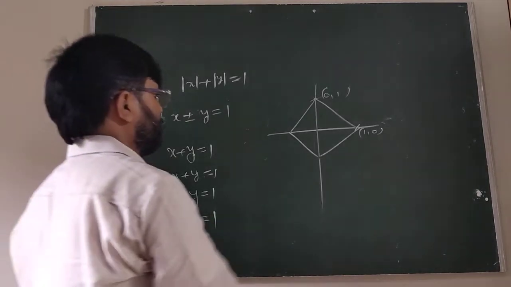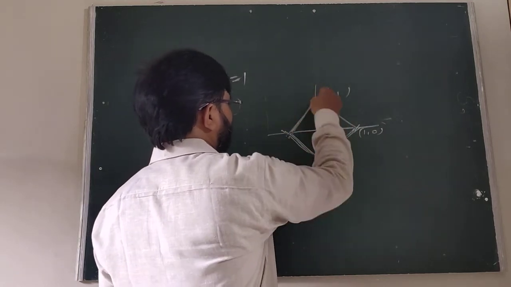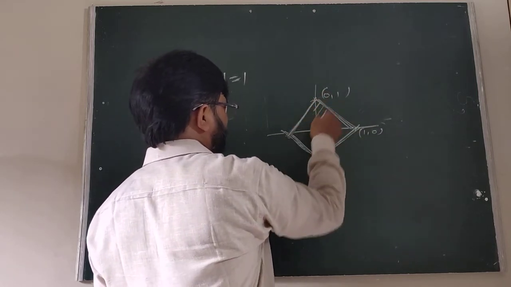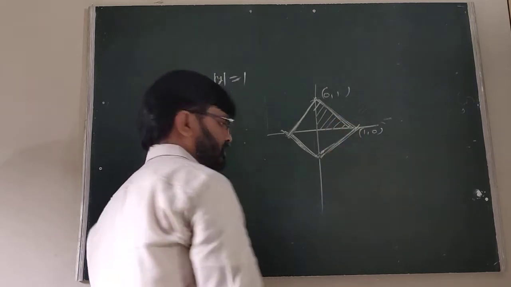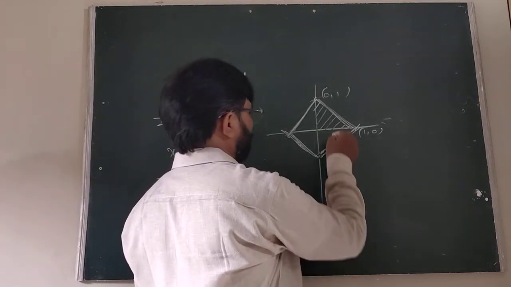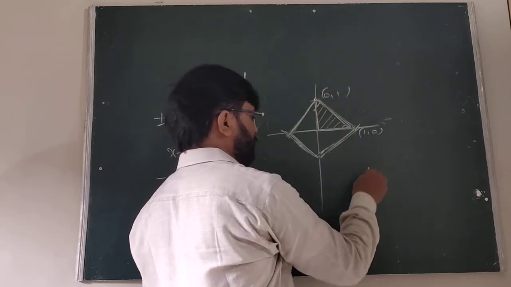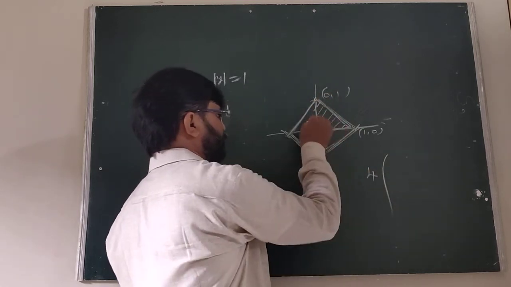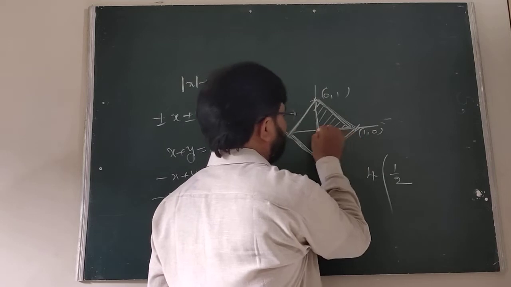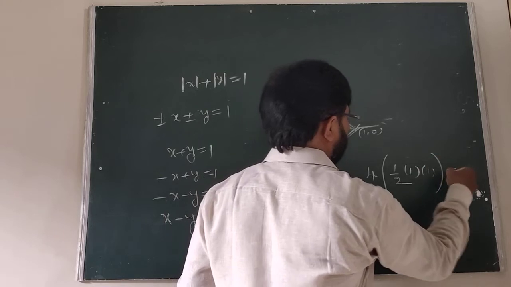So this forms a square or rhombus. Every square is a rhombus also. We can write here, students, when you find this area, undoubtedly we can write 4 times of... Therefore we have to know that generally in straight lines we have to find this type of areas. 4 times of base into height. The base is 1, the height is also 1, then it is 2 square units.